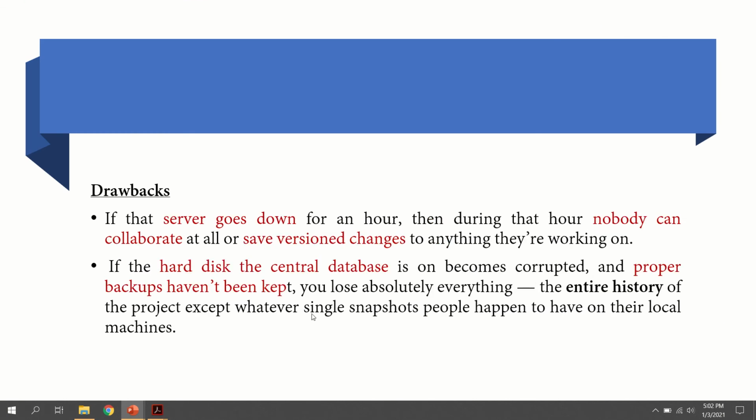So that is the main drawback of this centralized version control system.